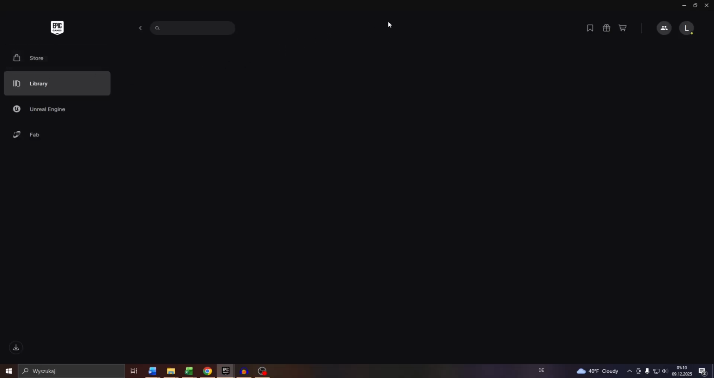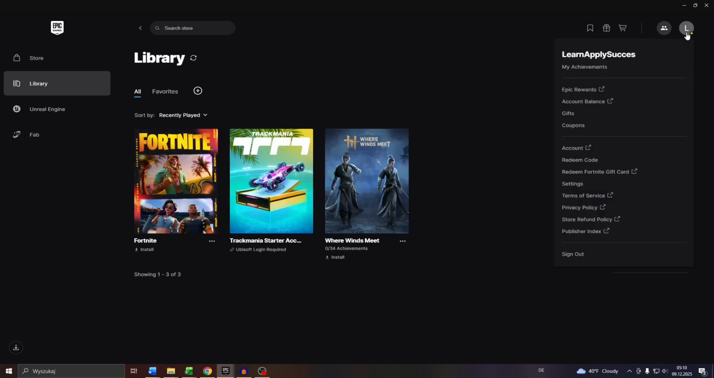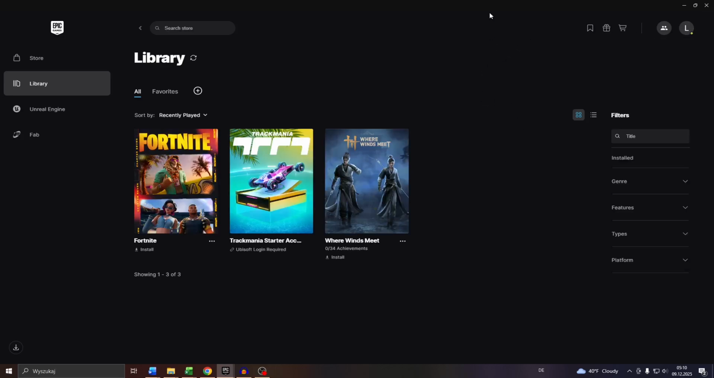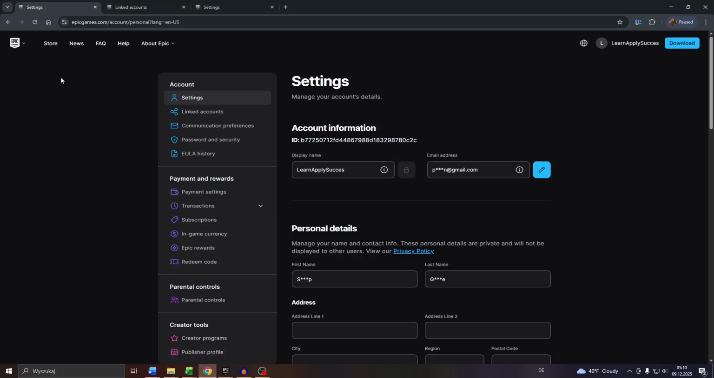In the next step, click into your profile icon in the top right and select account from that drop down menu here. And after that you will be redirected to your user account here on the Epic Games web version. So make sure that you log in with the associated account, the same account you're using for the Epic Games application. And you can manage your account info, guys, and change anything you like here in your account information